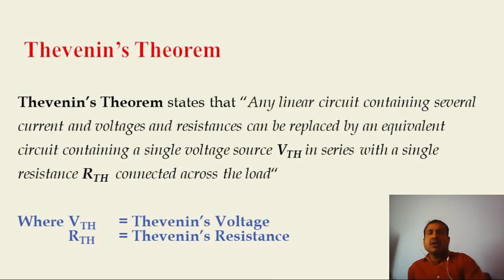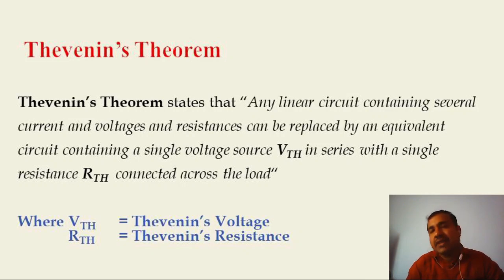Now, Thevenin's theorem states that any linear circuit containing several current sources or voltage sources and resistances can be replaced by a single voltage source and a single resistance in series with it. That single voltage is called VTH, that is Thevenin's voltage, and that single resistance is called RTH, that